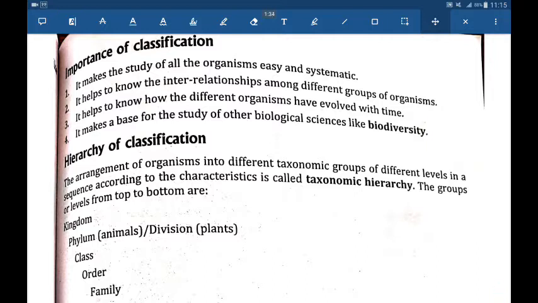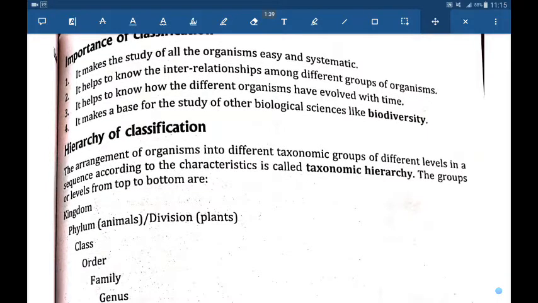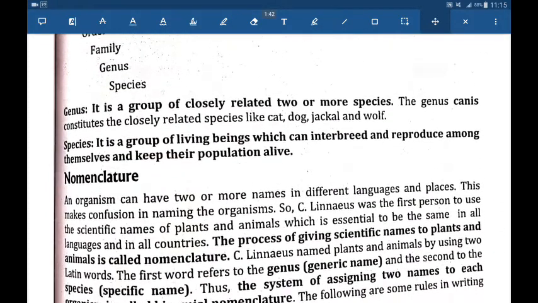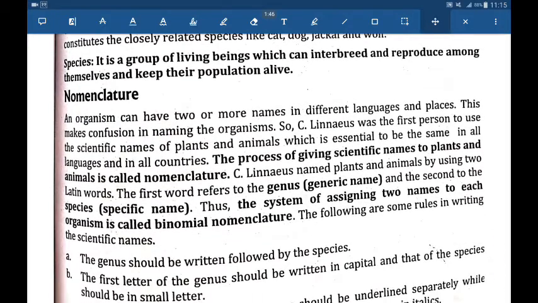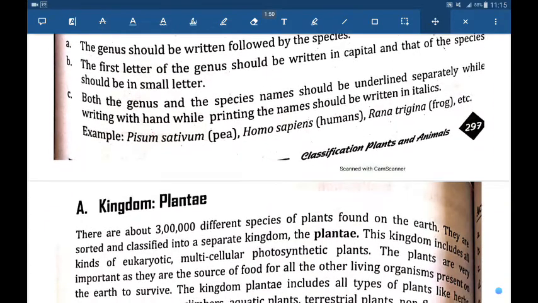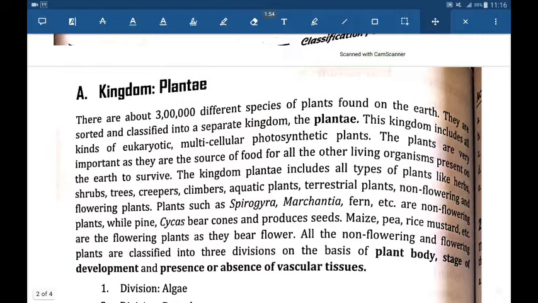And we discussed taxonomy also. In today's class we are discussing the importance of classification, hierarchy of classification, definition of genus and species. Then we'll be discussing nomenclature. Afterwards, the chapter headed plant kingdom